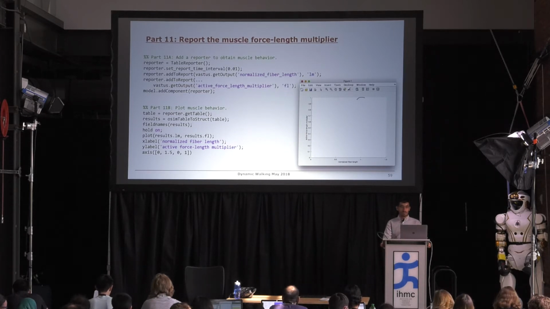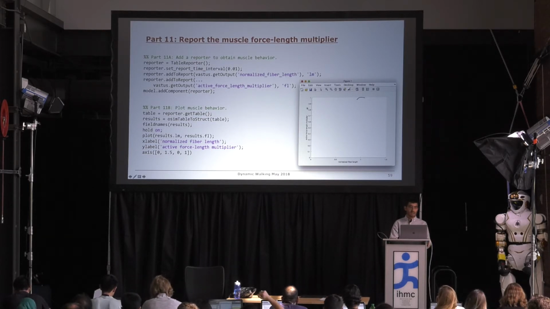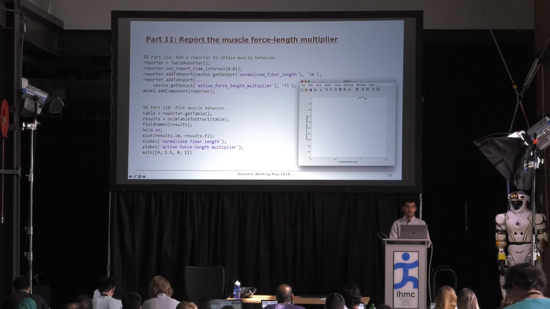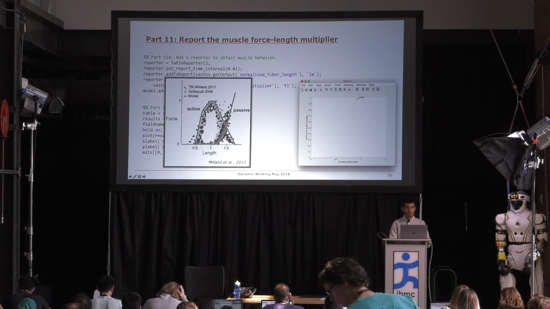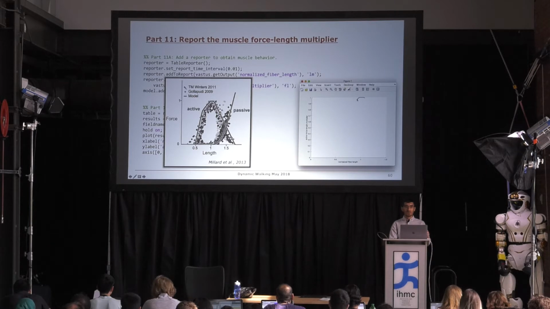So now if you've run this part, you should see a MATLAB. After you simulate, you'll run a simulation. Then if you hit escape once, you'll get this Matlab plot window. And this plot, again, is showing the active force length multiplier as a function of the normalized fiber length during your simulation. And so this shows the portion of the force length curve, which is this curve here that I showed earlier. So this is a portion of the force length curve that the muscle goes through during the knee